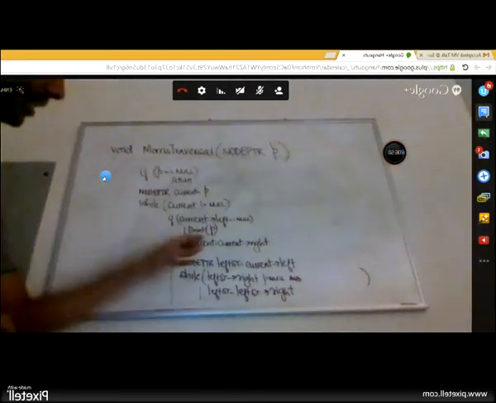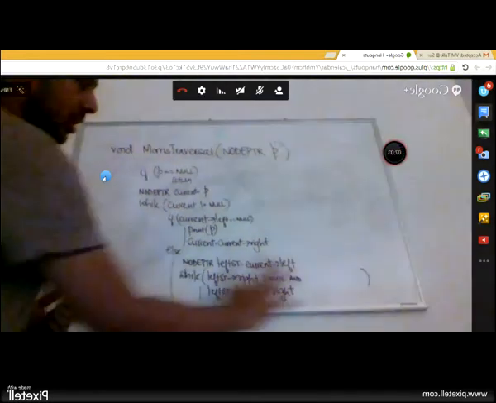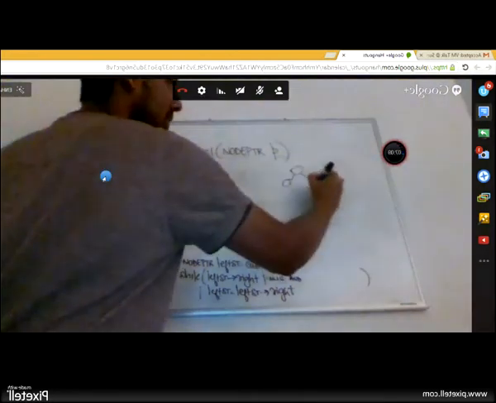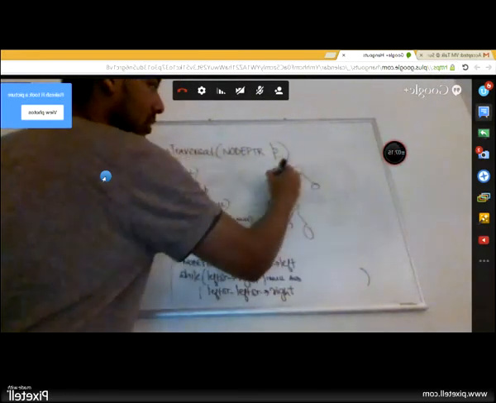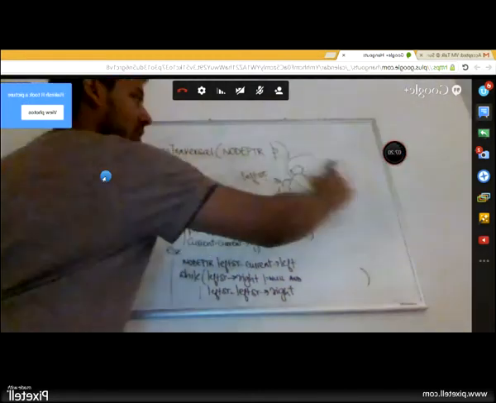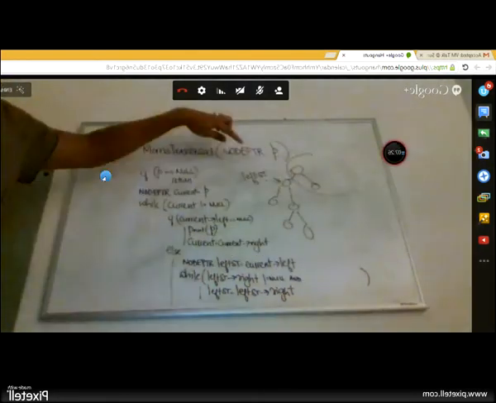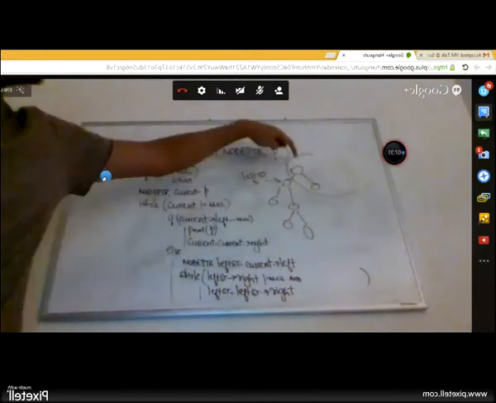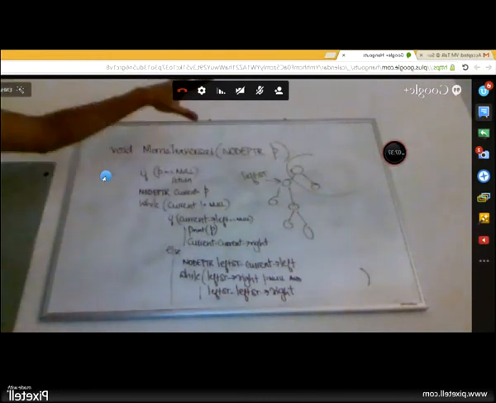So else, if you are here, it means that there is a left subtree, right? So now grab onto the root of the left subtree. So if your binary tree was like this, this is where my left subtree would point to, starting from the root, right? So you don't care about that part. This is my root and this is my right subtree, which I don't care about. This is my left subtree, right? You latch on to this, which is current pointing to left. P and current are still here. So current pointing to left is here. So left subtree is the root of the left subtree.